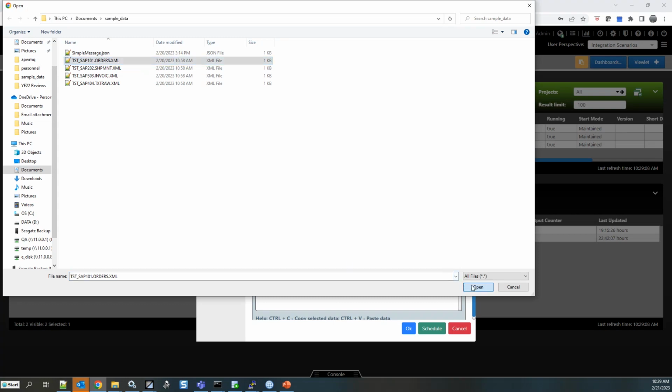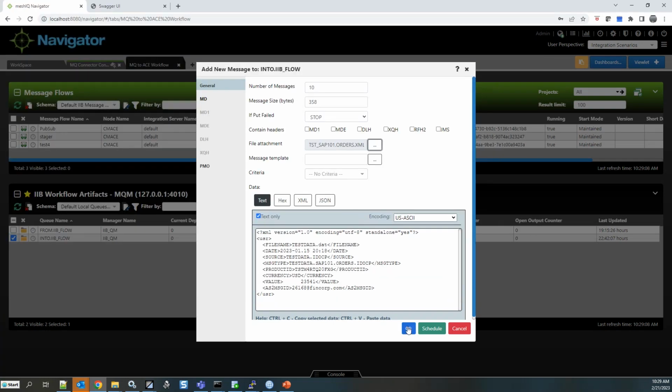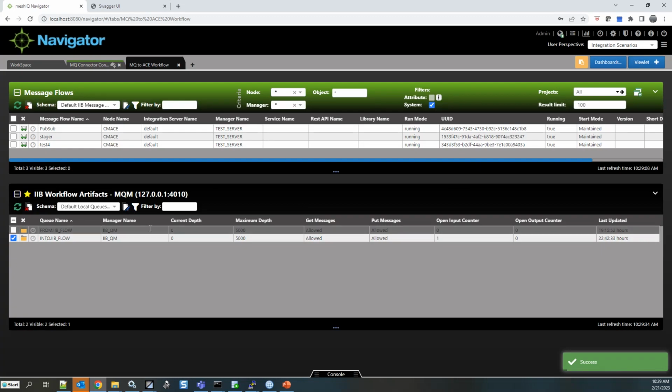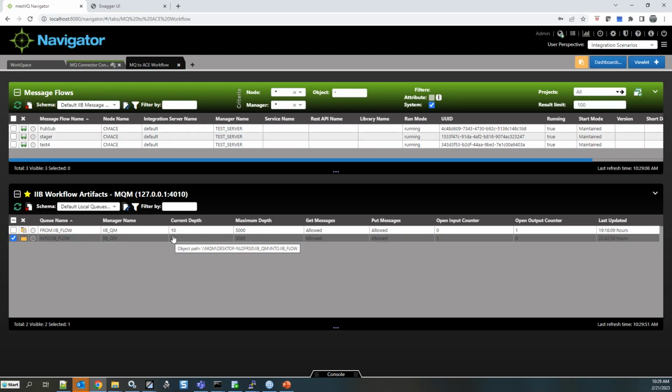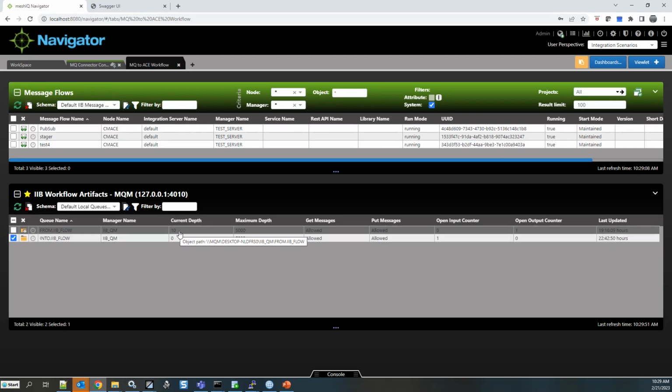So we'll grab that guy. That's an XML flow. Put those messages in. And in a second here, they'll show up as soon as our flow runs. There we go. There are 10 messages now sitting here.